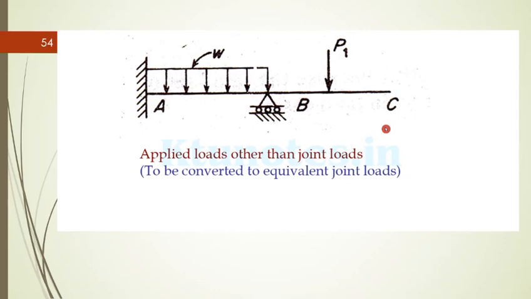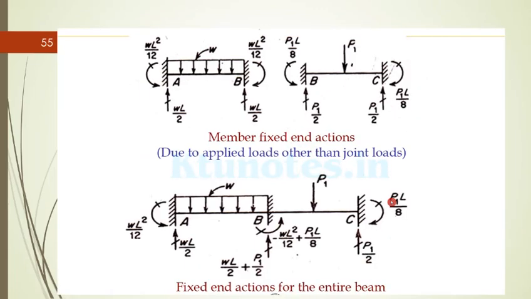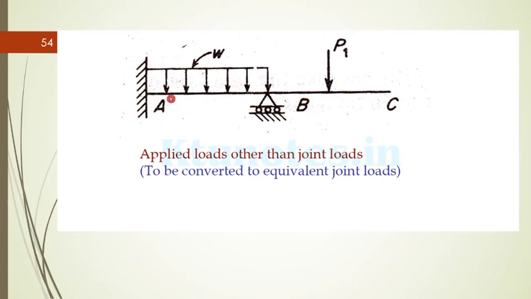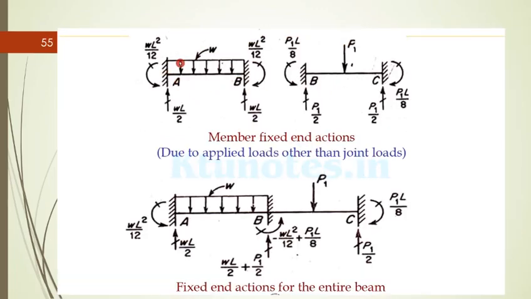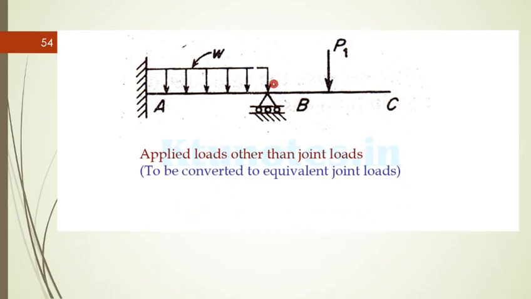So these are the applied loads other than the joint load, which have to be converted to the equivalent joint load. So we are separating the beam into AB and BC. AB is loaded with the UDL, BC is loaded with the point load at the middle. For this case, WL square by 12, WL square by 12, which we have studied previously,